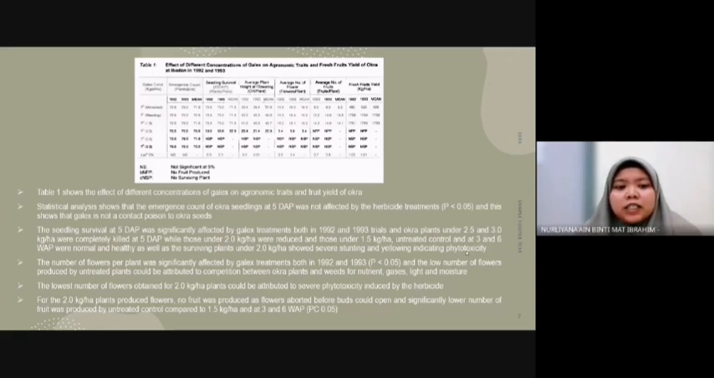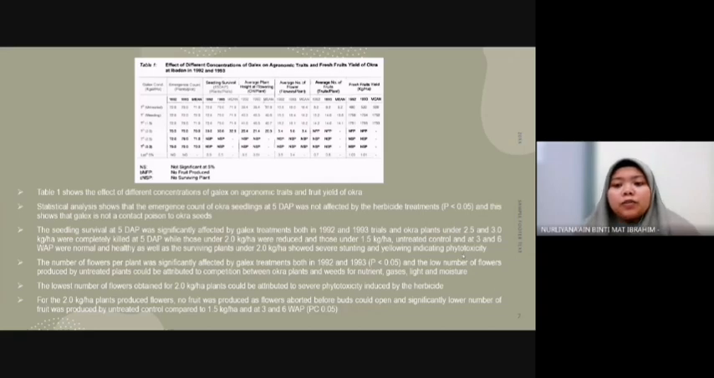Statistical analysis shows that the emergence count of okra seedlings at 5 DAP was not affected by the herbicide treatment, and this shows that Galex is not a contact poison to okra seed. The seedling survival at 5 DAP was significantly affected by Galex treatment both in 1992 and 1993 trials, and okra plants under 2.5 and 3.0 kg per hectare were completely killed at 5 DAP, while those under 2.0 kg per hectare were reduced. Those under 1.5 kg per hectare, untreated control, and at 3 and 6 WAP were normal and healthy, while the surviving plants under 2.0 kg per hectare showed stunting and yellowing